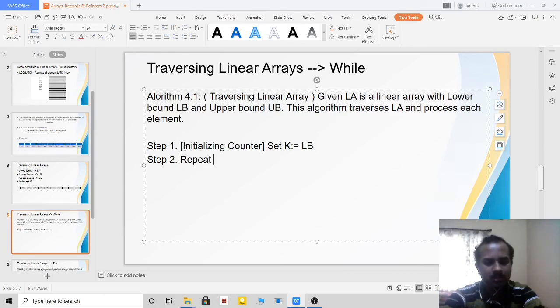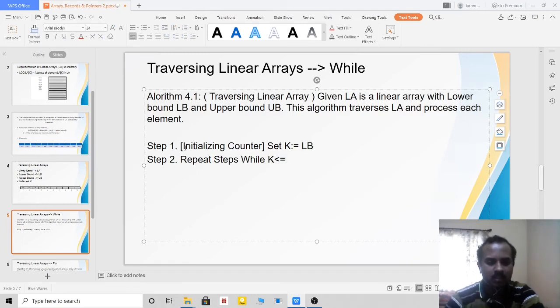repeat steps, but I'll write what the step is later. Let me use a while condition, while K is lesser than or equal to.